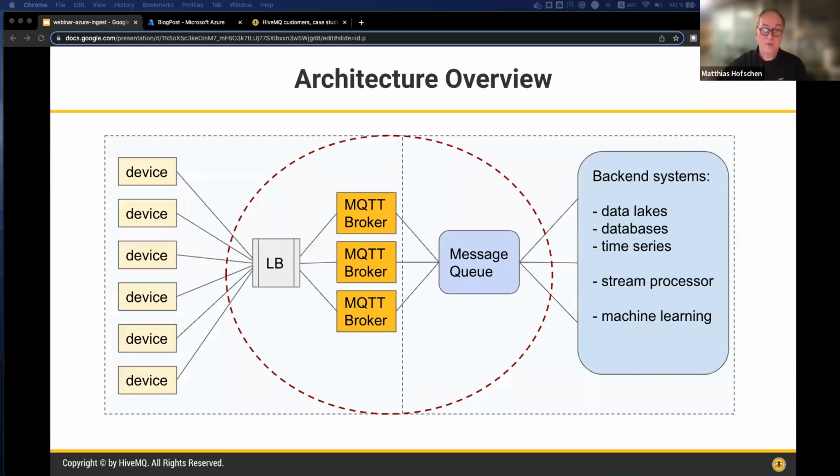So now we go to look at a very simplified architecture overview. And I just want to talk a little bit about the terms that are used here. We have an MQTT broker, and we have a message queue at the center of this architecture. The MQTT broker uses the MQTT protocol. So MQTT is a client-server publish-subscribe messaging transport protocol. It's simply a standard. It's defined by a technical committee in the OASIS Foundation,